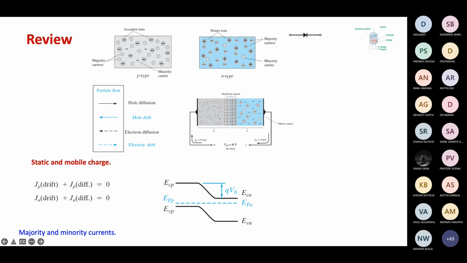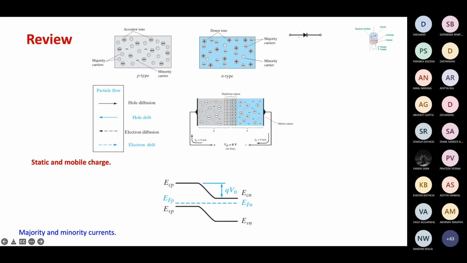We also had a look at the band diagram of the diode, and the importance of the band diagram cannot be exaggerated. Actually, it's an extremely important notion, idea, especially in semiconductor physics. In the band diagram, typically we have the band edges, the bottom of the conduction band and the top of the valence band, and apart from the band edges, we have the Fermi level. And in equilibrium, the Fermi level across the entire device is constant.